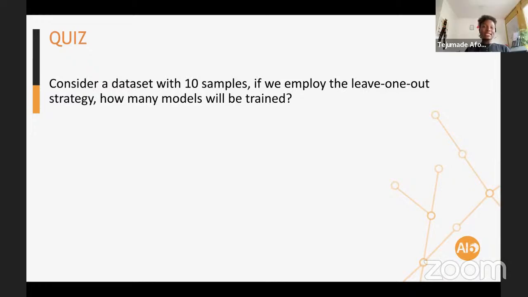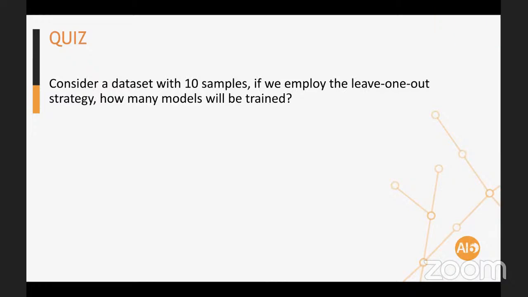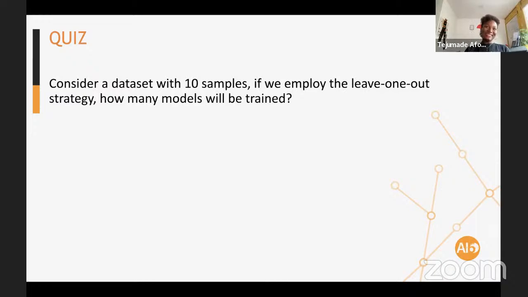What is 10 choose 1? That's 10, yeah, exactly. It's still 10. 10 choose 1 is 10. So it's a combination, if you want to phrase it in a much more compact form. Thank you for bringing that up.